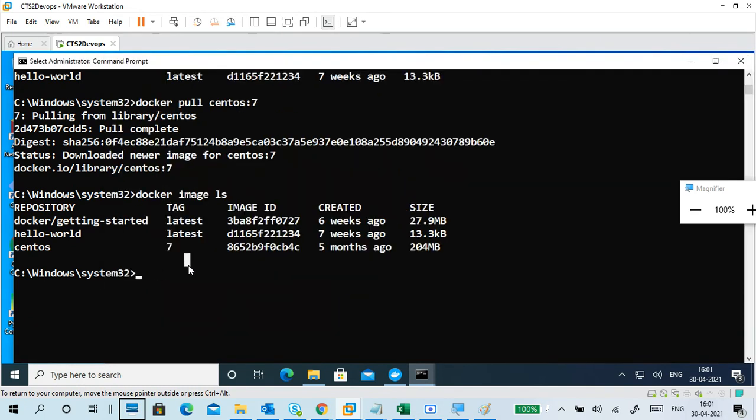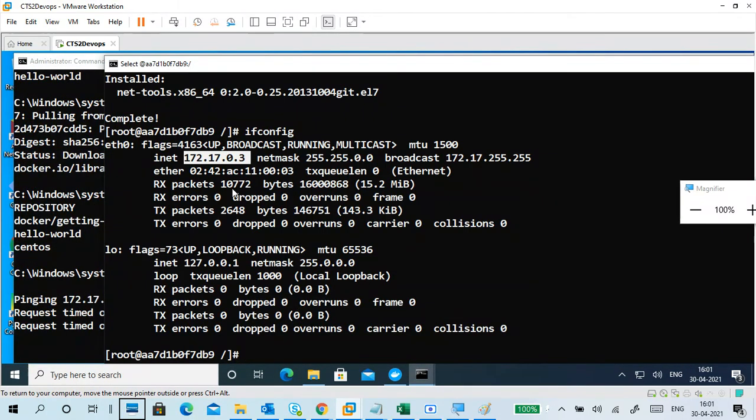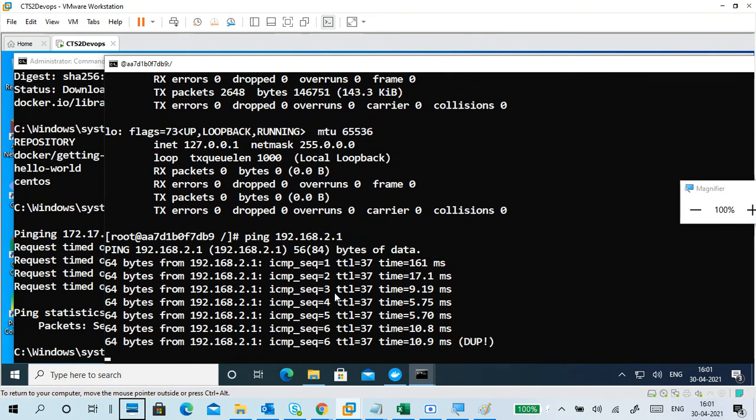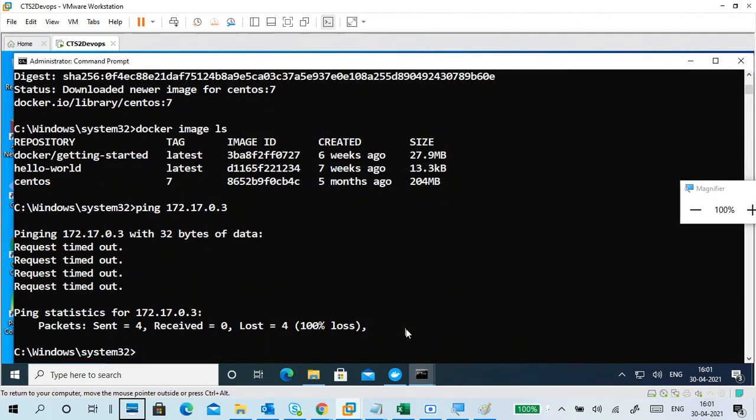Maybe from my physical machine, can I ping that one? I don't know, my main machine. Maybe they don't know where it is located. Request timed out also. So the container also has an IP address. If you want to ping from the container to my router, those many steps it has to cross. It is communicating, but this one is not coming. Okay, leave it, don't worry about it.